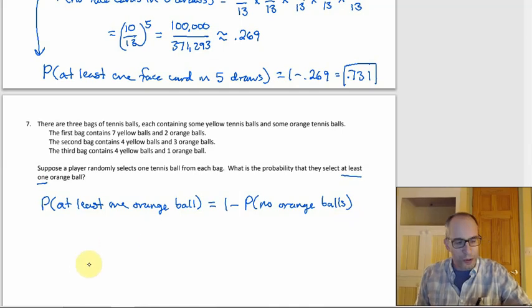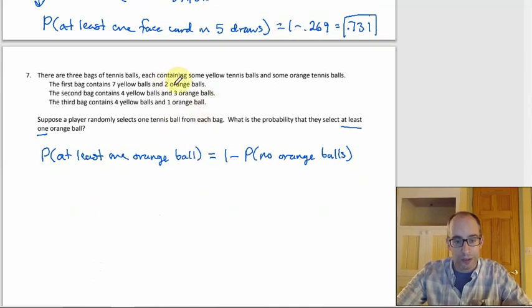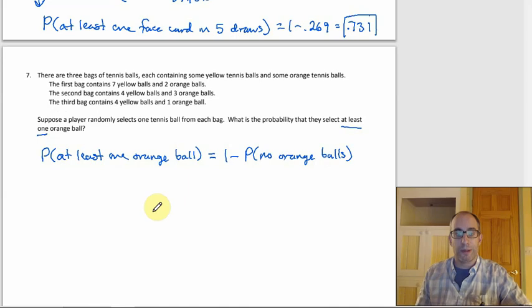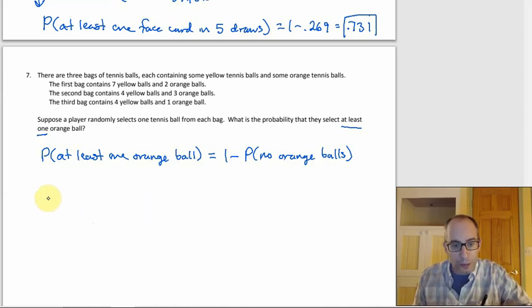Okay, so then we're going to have to look at these bags individually, because they have different numbers of yellow and orange balls in there. So the probabilities for the bags are going to shift around. It's not going to be the same number for every bag. So, all right, well then for the first bag,